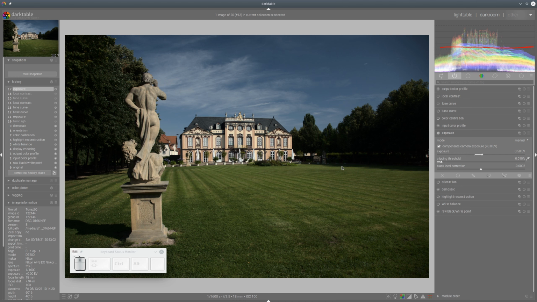So I would suggest disabling the tone curve, and if you have the possibility in your camera to have some kind of flat looking option, I highly recommend using that when you're shooting, because after that you have many more possibilities to use the dynamic range of your camera much better than with a straight jacket like the base curve. Okay,